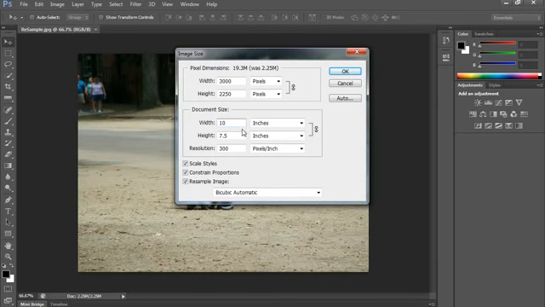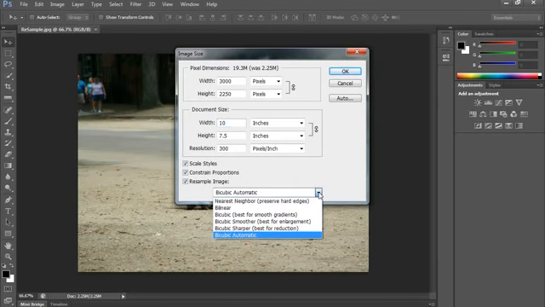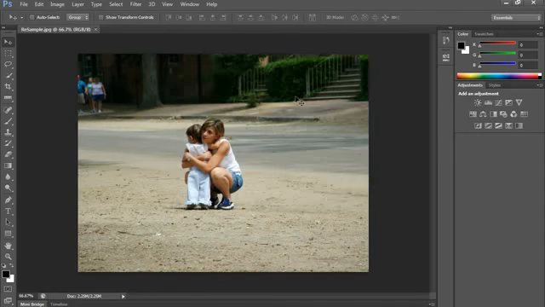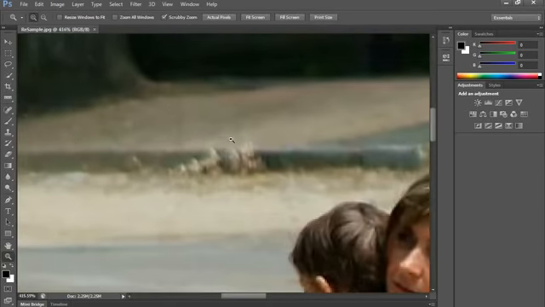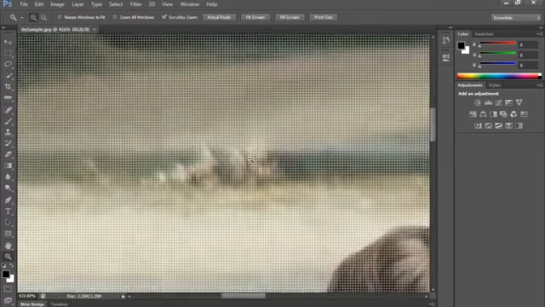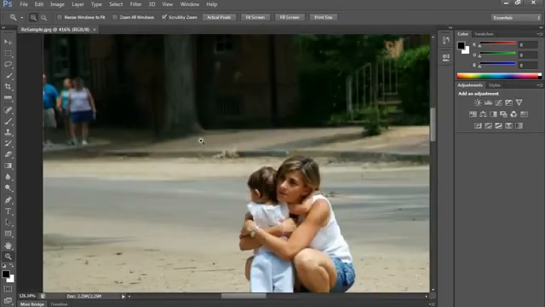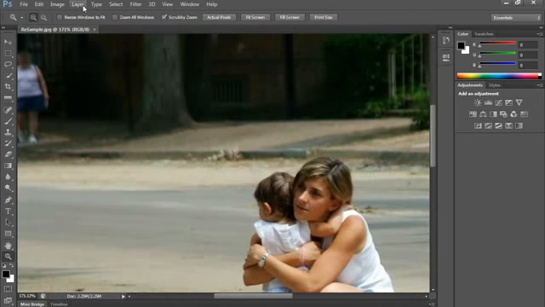I'm going to first show you what it looks like using a nearest neighbor enlargement. Before I do that, I need to zoom in so I can show you what it looks like. I'm going to cancel this for a second, and zoom in on a particular region here. Here are some pixels, and you can see, as we zoom in, we start to get the pixel grid. If I zoom back out,